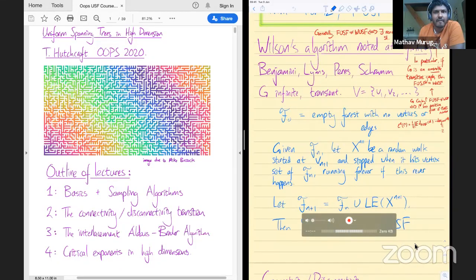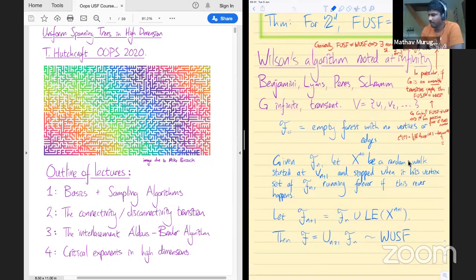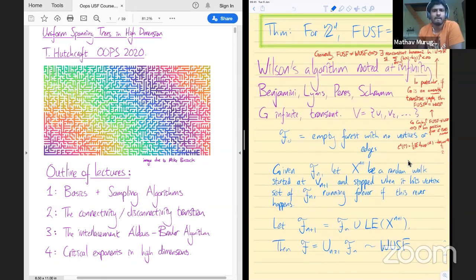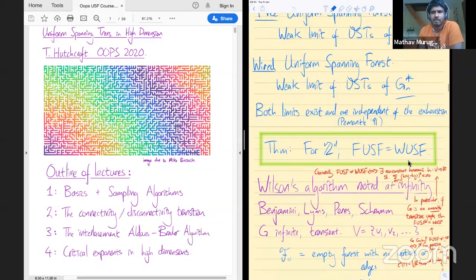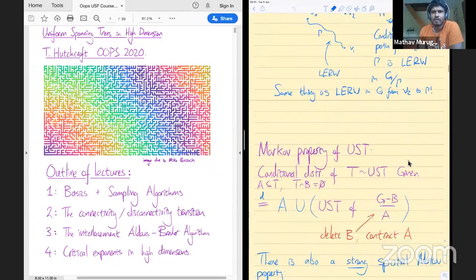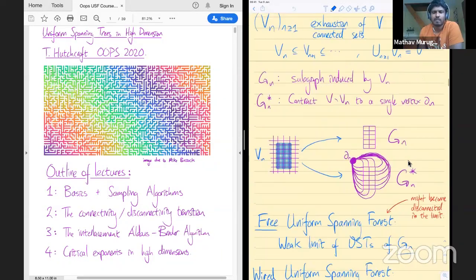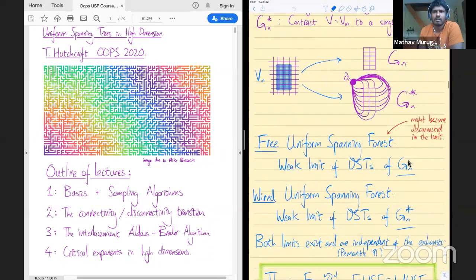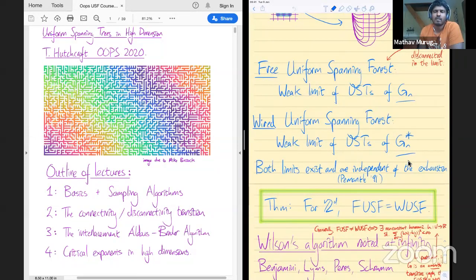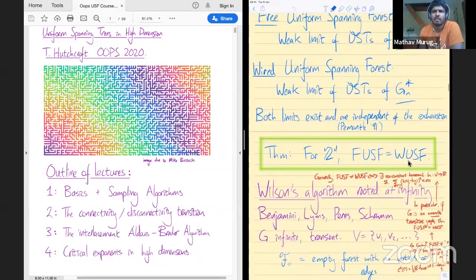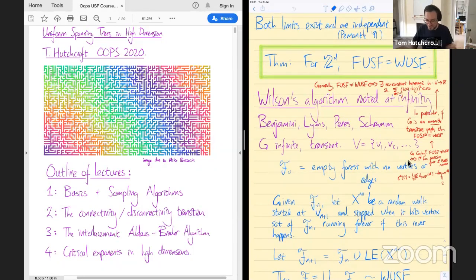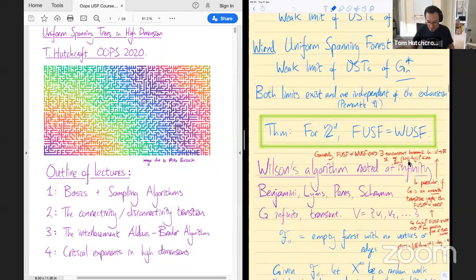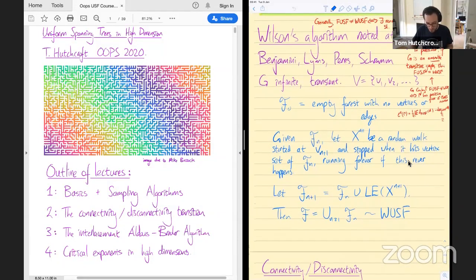Okay, great. So last time I was telling you about sampling algorithms, mostly for the uniform spanning forest. In particular, we saw the Aldous-Broder algorithm and Wilson's algorithm. And at the end, I defined the infinite volume limits, the free and wired uniform spanning forests, as weak limits of uniform spanning trees on finite subgraphs. And these always exist, and for Z^d, which we're mostly interested in, they're the same, so we won't worry about boundary conditions. And right at the end, I told you how Wilson's algorithm can be extended to infinite transient graphs,